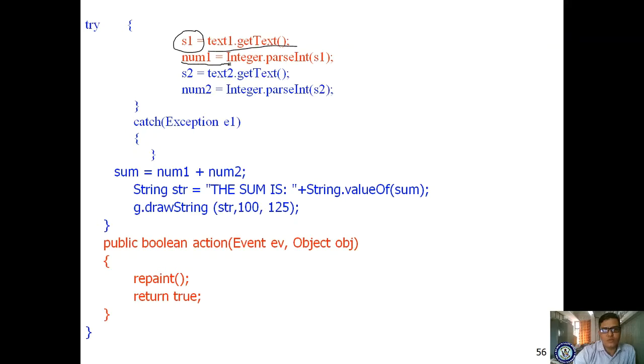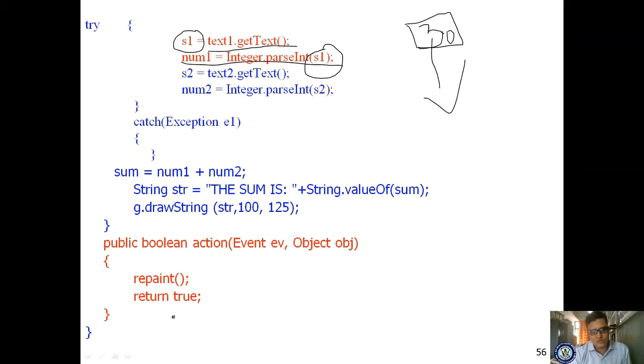Okay, next num1 is equal to, please observe here, num1 variable is 0. Now what you are doing is Integer.parseInt(s1). So what is s1? A string. Whatever value you have accessed from that text box is stored in the string variable. For example, if I input 30 in this text box, then this 30 is treated as a string. Whatever you enter in the text box is a string. So if you want to do numerical operations, you have to forcefully convert this string into the appropriate numeric type.